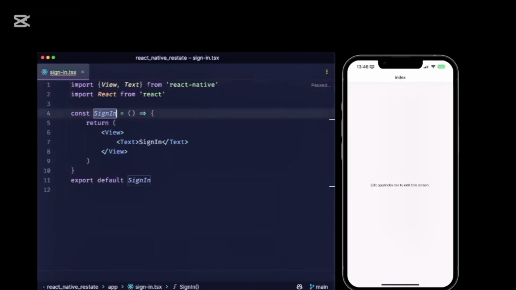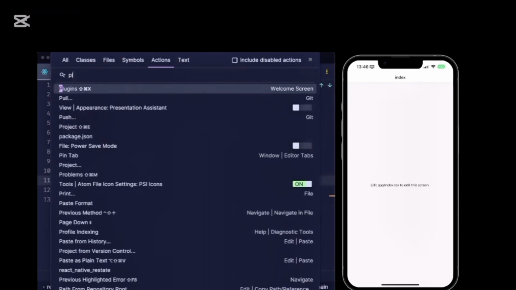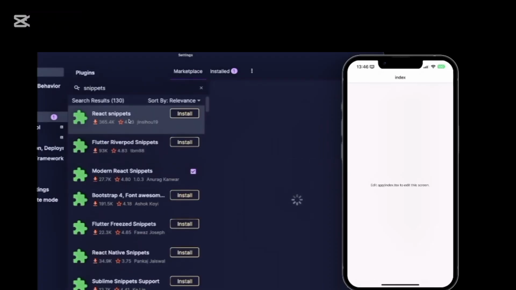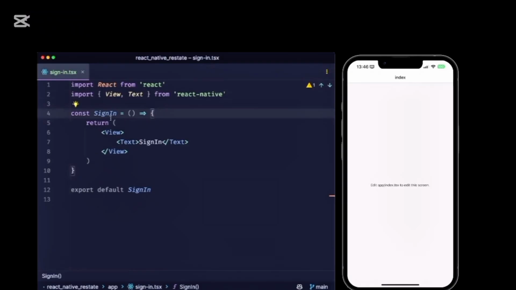So it's rnfe, which is a snippet that quickly creates a new React Native component. You can get the snippet by heading over to your code editor and then heading over to plugins or packages. And then you can search for something like React or React Native snippets. You should be able to very quickly find it. In this case, I'm using modern React snippets. So as you can see, we have a simple page that uses a view, which you can think of as a div in regular web development, and text, which you can think of as a paragraph, but in React Native,